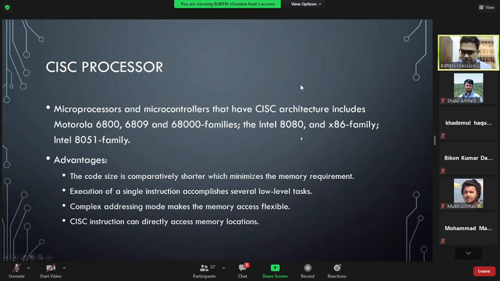Or if you're very curious, you can go to chapter number 3 and read yourself, or the slides I have given, the processor slides, third one, that you can also read from there. So these are the example of the CISC processor. Generally, as I said, this kind of processor is much more powerful than the others. And it requires more energy because it needs to do a lot of tasks, more tasks compared to the other RISC processor, right? I will show you the example, then it will be easier for you to compare between these two.